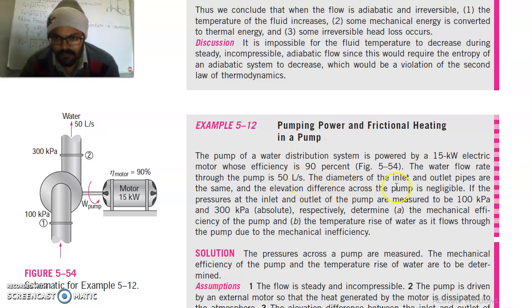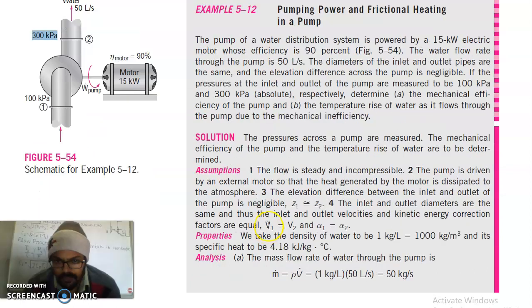The diameters of the inlet and outlet pipes are the same, and the elevation difference across the pump is negligible. If the pressure at the inlet of the pump is measured to be 100 kilopascal and at the outlet it is 300 kilopascal, find the mechanical efficiency of the pump and the temperature rise of water as it flows through the pump due to the mechanical efficiency. So V1 and V2 are the inlet and outlet velocity, alpha 1 and alpha 2 are the